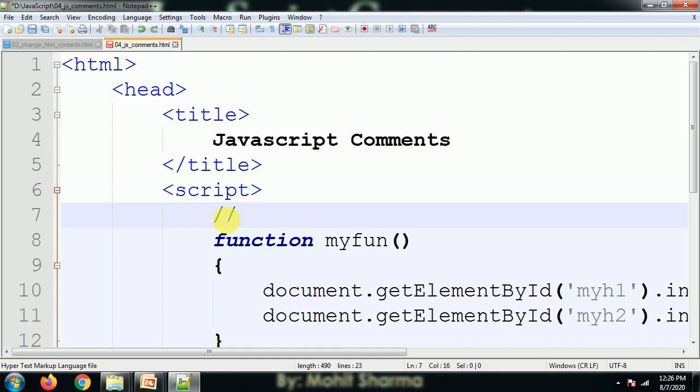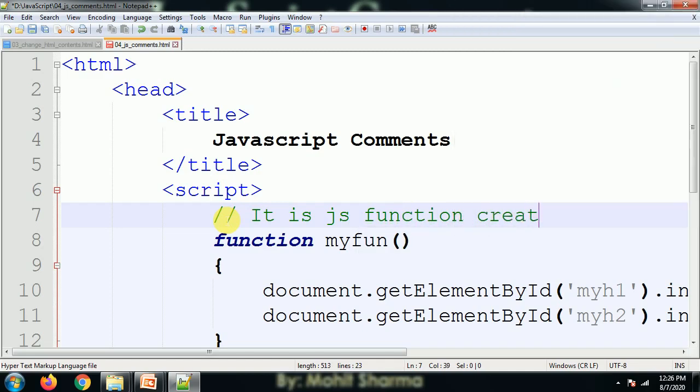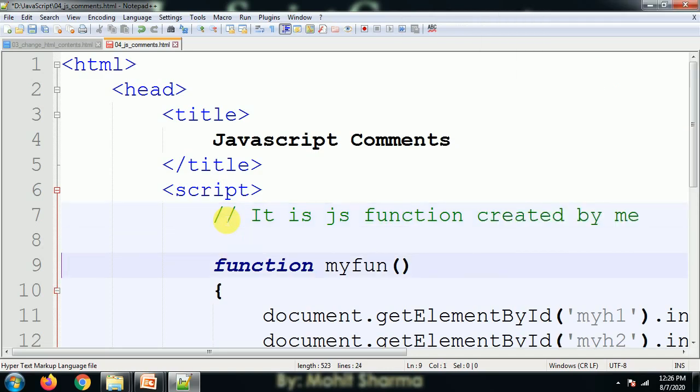So I write down: it is a JS function created by me. I have given this message, and if I want to write something more about this in the second line, again I have to start with a double forward slash.